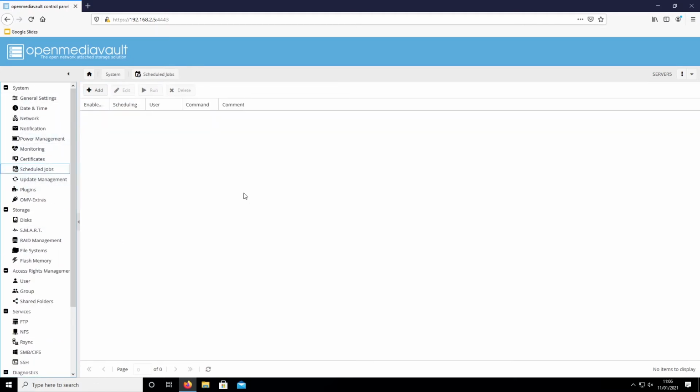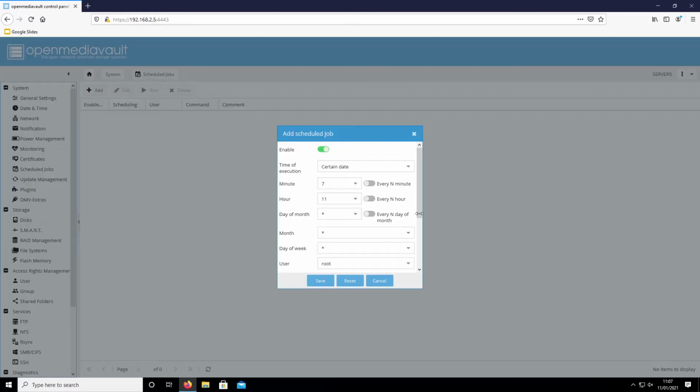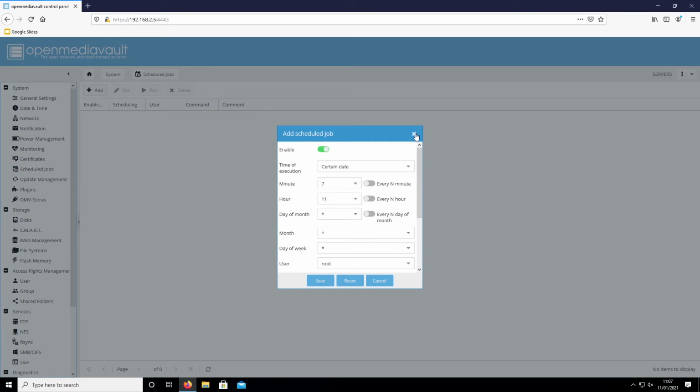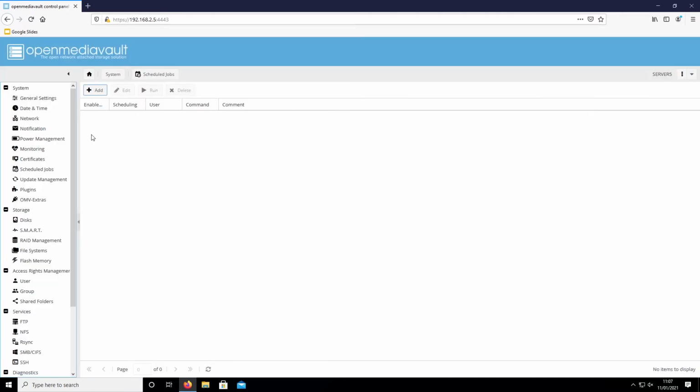Now this scheduled jobs is slightly different to what we've seen before. This is actually for setting any cron jobs that you want to automatically run on your Raspberry Pi. Literally, it's just for running cron jobs. So you can run certain tasks, which is really helpful to have in the interface. But again, I personally like to set these via crontab, which I'll show you later on when we do need to run and execute commands through crontab. So I'll do that there. Next, moving on,